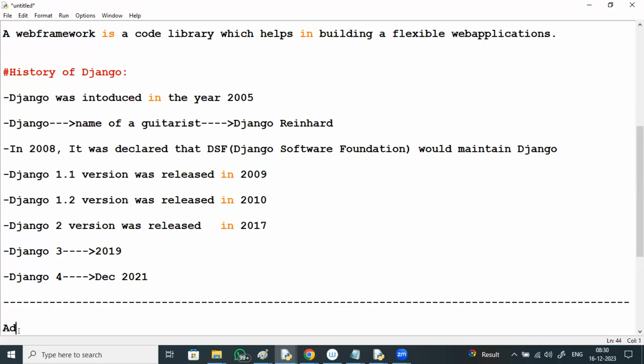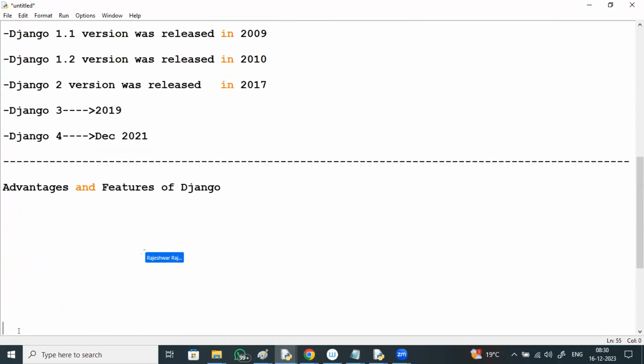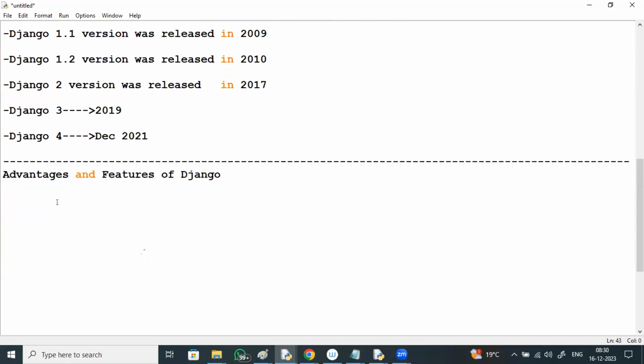Advantages and features of Django. First, the main thing is no need for a big heavy installation. Django is very simple and easy to set up.